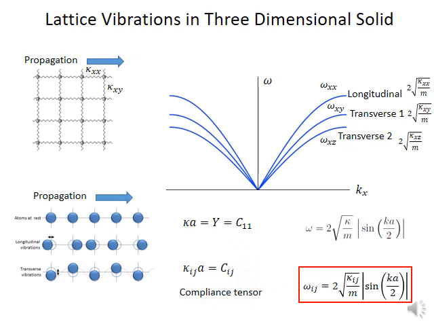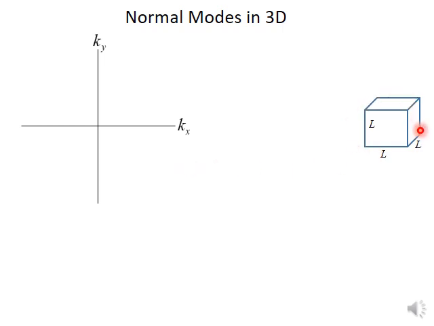How does the wave propagate within a three-dimensional solid? So we can look at the k-space in 3 dimensions. Now, I would confine myself to represent it in 2 dimensions, but you can imagine it to be extended in 3 dimensions. So you have a k-space in 3-dimensional space, and if you take the boundaries of a solid, let's say a cube, then by periodic boundary condition, the k values along x, y, and z, all these three wave vectors,